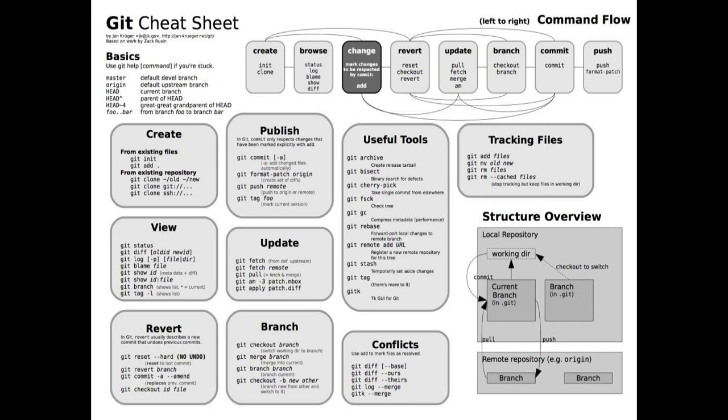Okay, so if you see here, step by step, this is the left to right flow. So how does this happen? Let's say you want to create a project and you want to associate that project with Git. In that case, you can create that project. If you have a project which is uninitialized and you want to create a new one, you can do it with the help of the init command. And if you have already initialized code somewhere and you want to start working on that, in that case you can clone that project and start working on it.